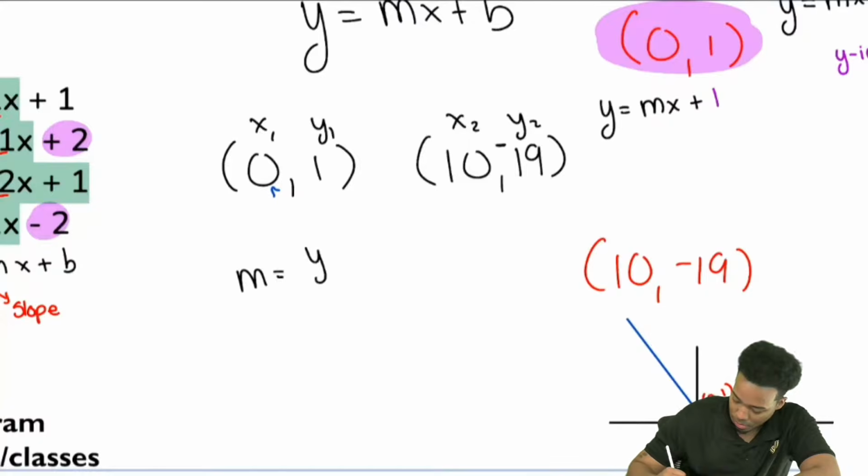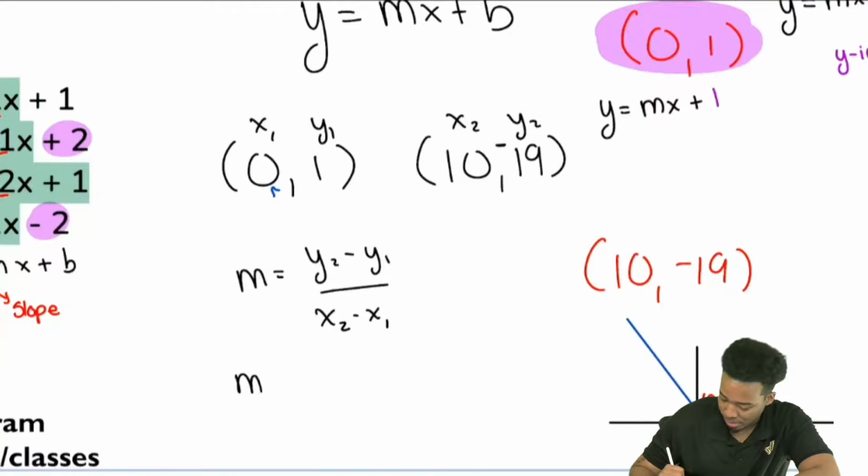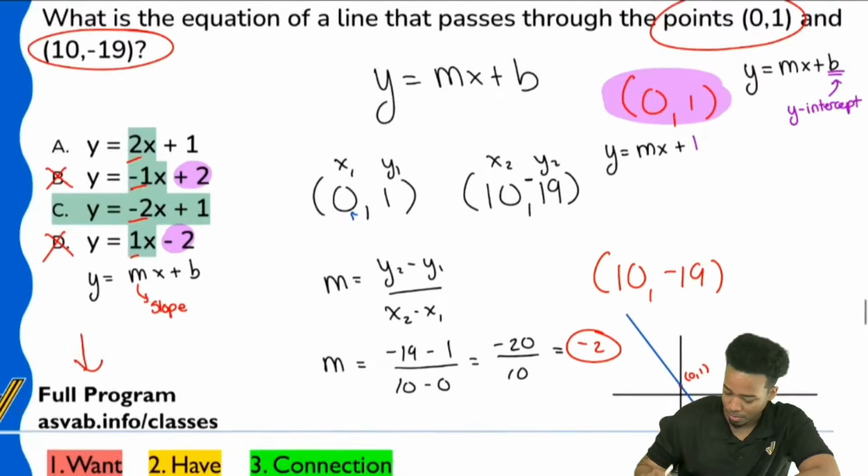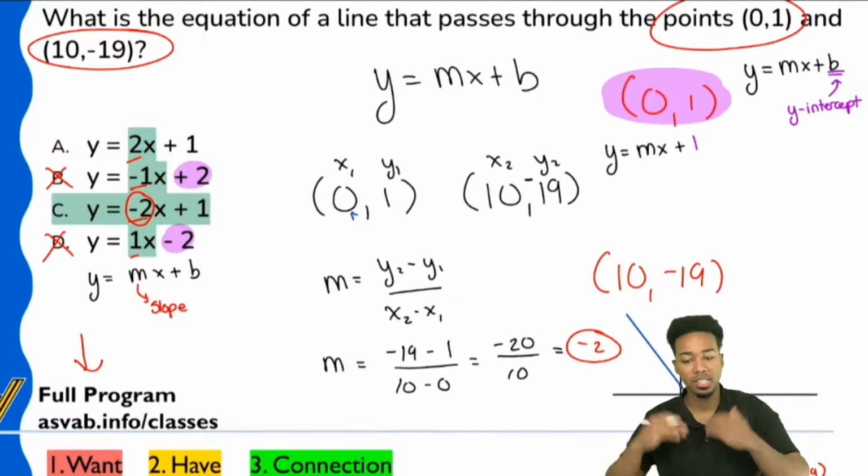Slope equals y2 minus y1 over x2 minus x1. And if we fill this in nice and easy, we end up getting negative 19 minus 1 over 10 minus 0. So that'll end up being negative 20 over 10, which is negative 2. Only answer with a slope of negative 2 is C.